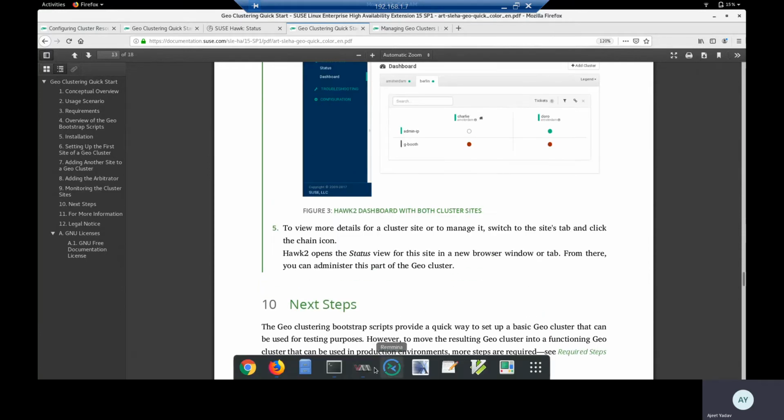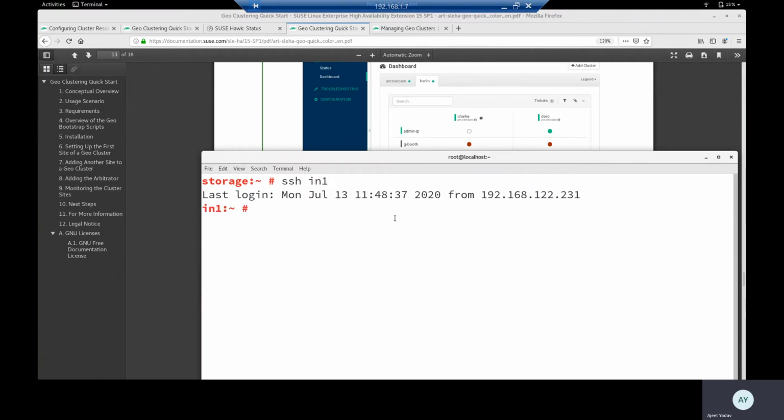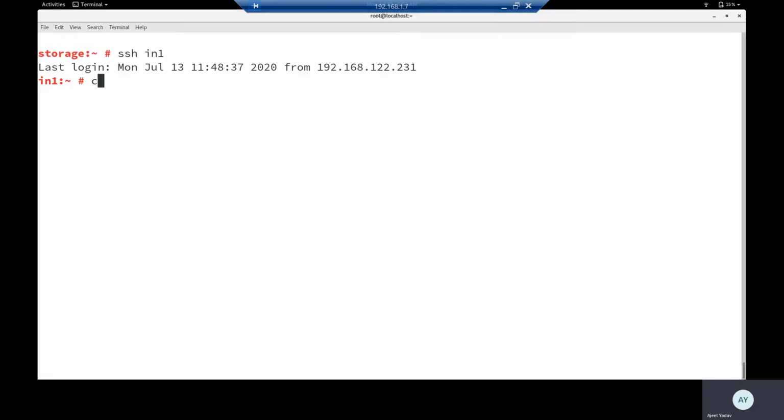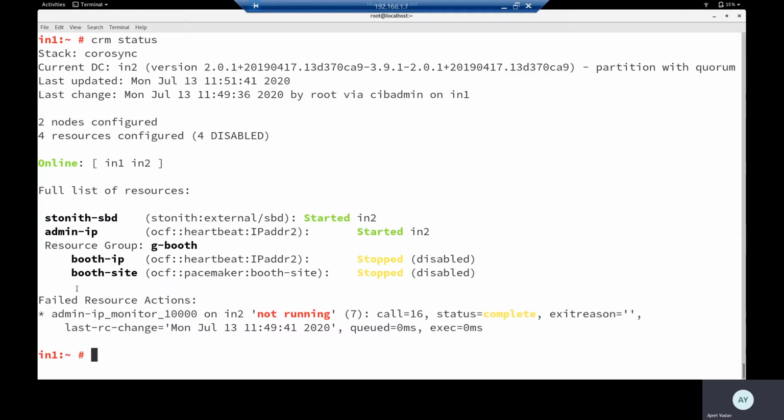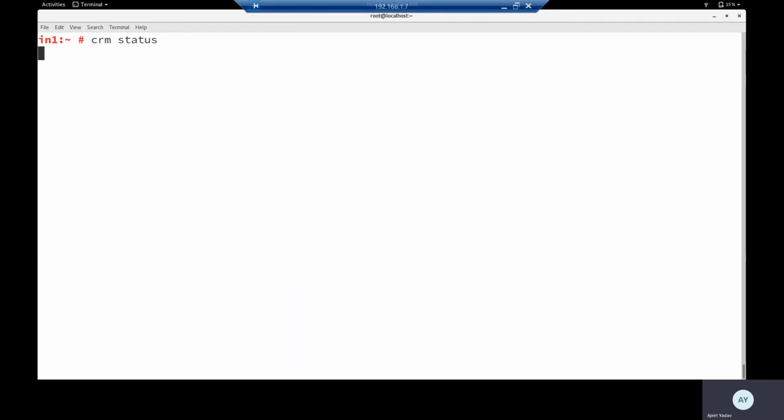Let's check the status now. If I go to this particular cluster node and run crm status, I can see two things. One is there's some failure, I mean the resource failed for some reason. So let's clean up: crm resource cleanup, the admin one, and you can see it is no more here.